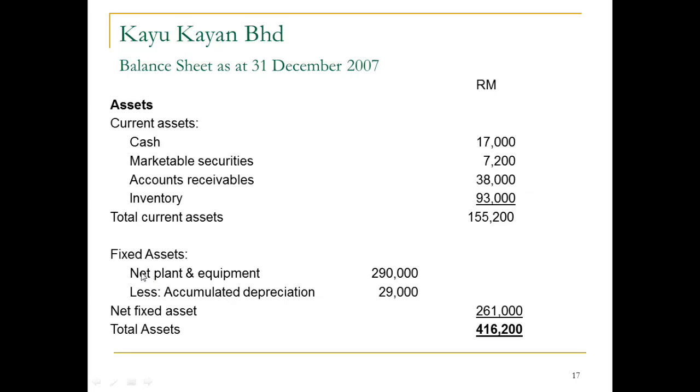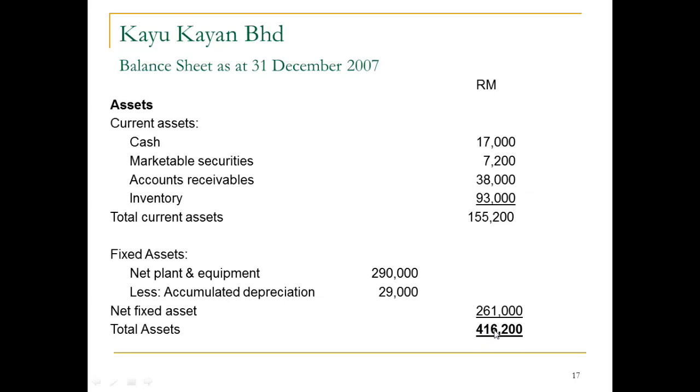The fixed asset is the net plant and equipment, which is 290,000 ringgit. The net plant and equipment is your fixed asset minus your depreciation. So depreciation is deducted from the plant and equipment. The depreciation is 29,000 ringgit. So your net fixed asset is 261,000, which is 290,000 minus 29,000. This 261,000 ringgit, you add with your current assets of 155,200 ringgit. So your total assets will total to